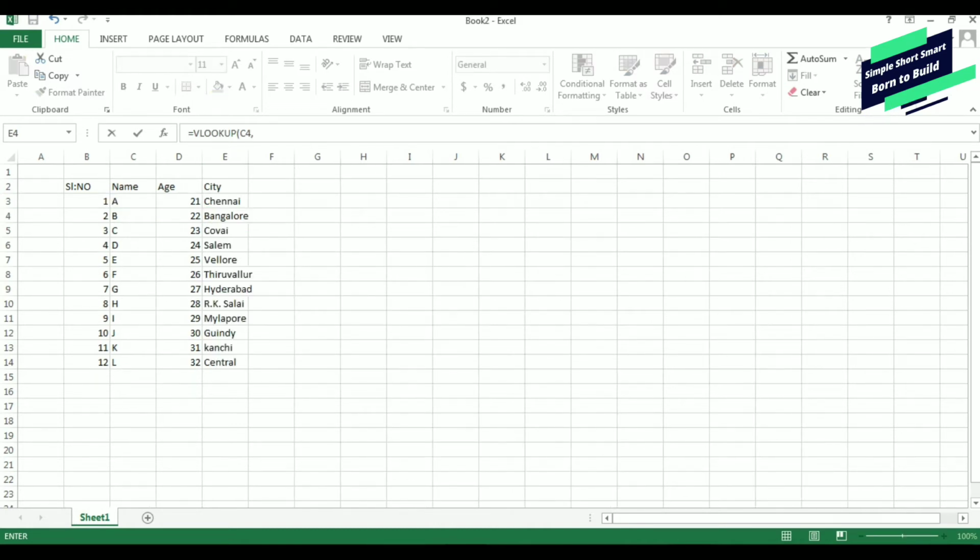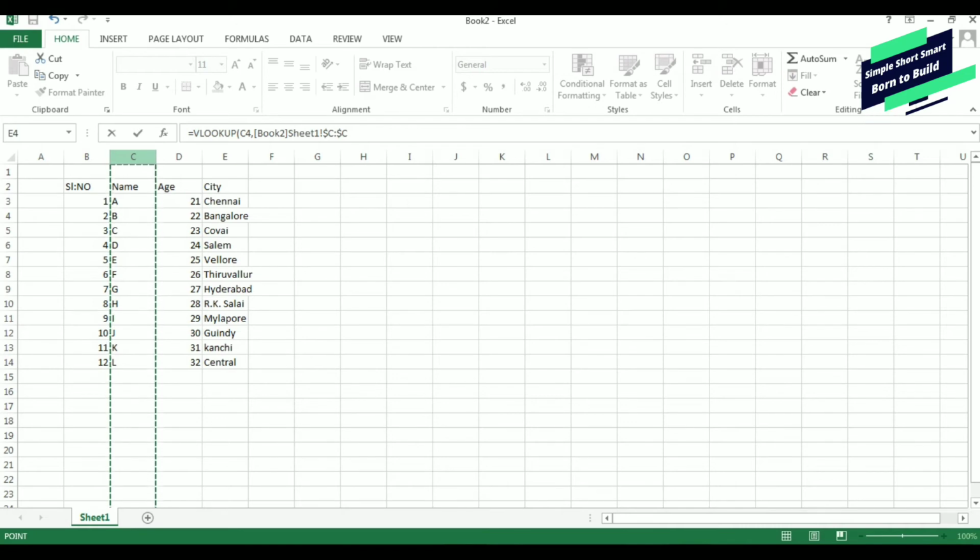In this sheet, the name is in the C column. You need to be very careful. Whatever detail you are going to use as a reference and compare should be in the first column, and that should be the reference for bringing the data from a different sheet to the prime sheet. So I am selecting the first column as C, because here we have name and there we have name. So these both are common. When there is a common detail, only then will we be able to apply this VLOOKUP formula, and it will bring the data from the second sheet.